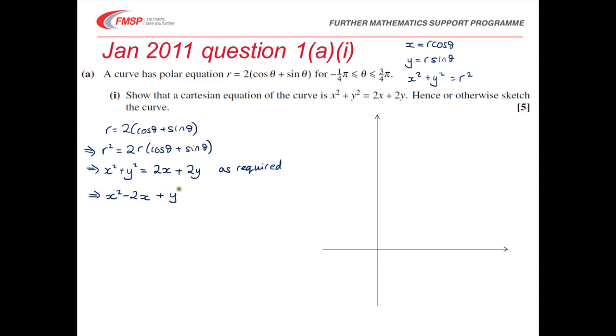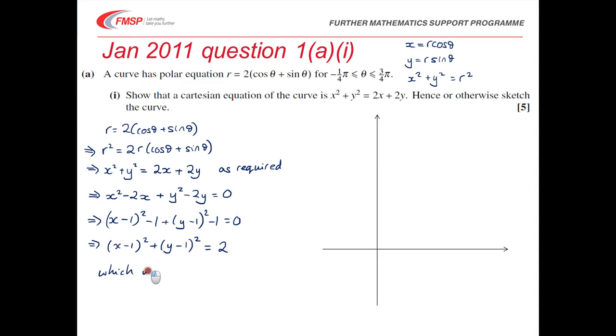So x squared minus 2x plus y squared minus 2y equals 0. Completing the squares, x minus 1 all squared minus 1 plus y minus 1 all squared minus 1. And then I get x minus 1 all squared plus y minus 1 all squared is equal to 2,